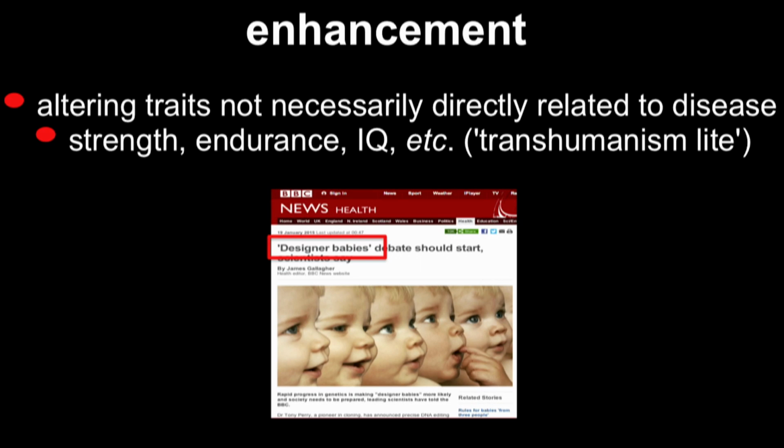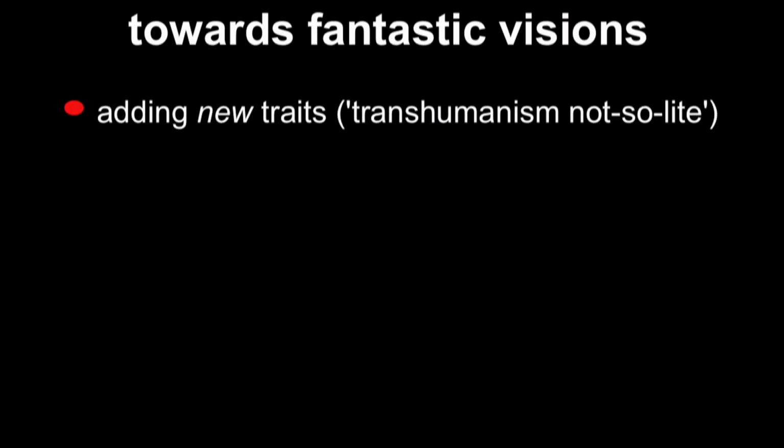This leads to the idea of designer babies, and it can be extended, of course, even further, because we could use genome editing to realize more fantastic visions, where we're introducing entirely new traits that aren't present in the human race at the moment, as far as we know. Want your kids to be able to fly to school in the morning, madam? Not a problem. We'll give them wings. Okay? So there is a problem with this.